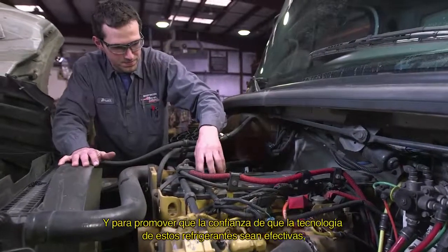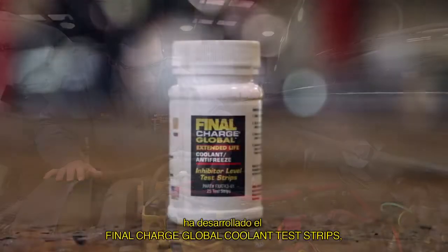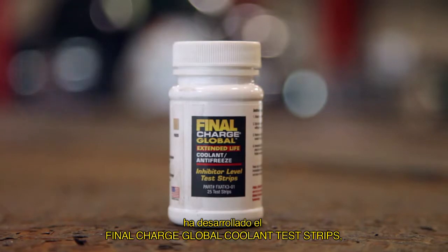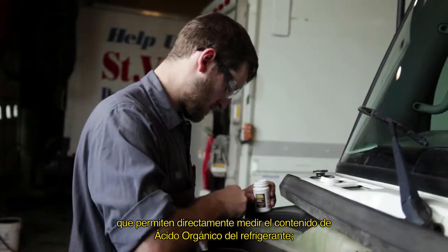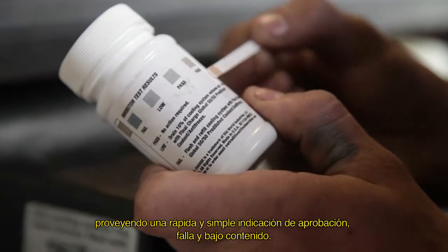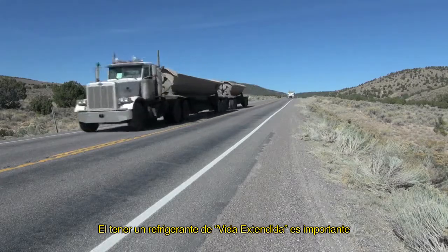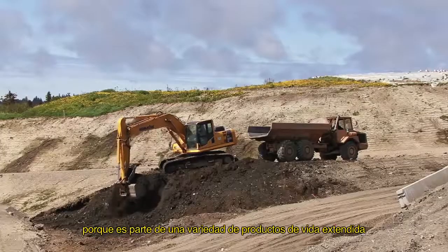And to provide the confidence that the coolant is effective, Peak Commercial and Industrial Division developed Final Charge Global coolant test strips, which can directly measure the organic acid content of the coolant, providing a quick and simple pass, fail, or low indication. To have an extended life coolant is important because it's part of a wide range of extended